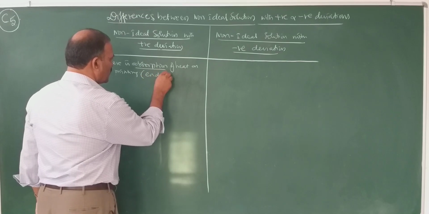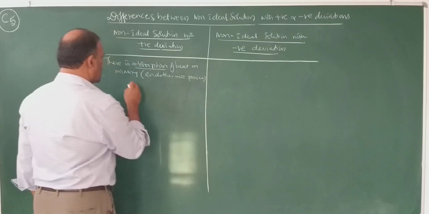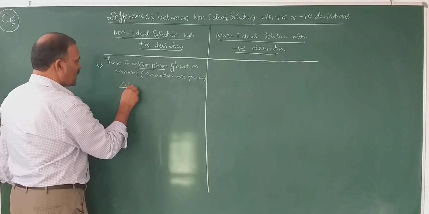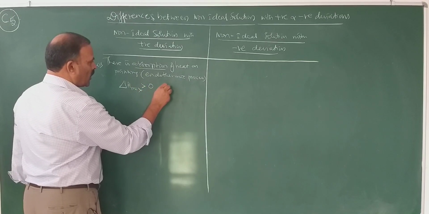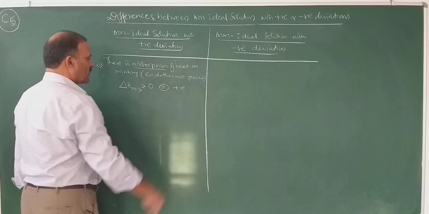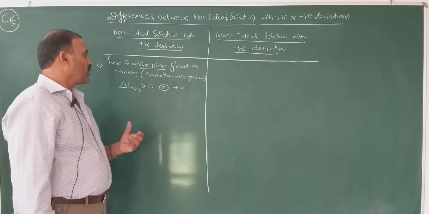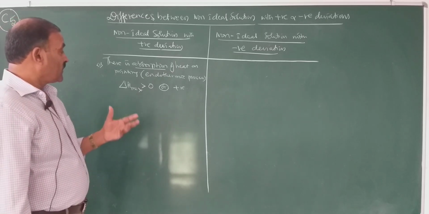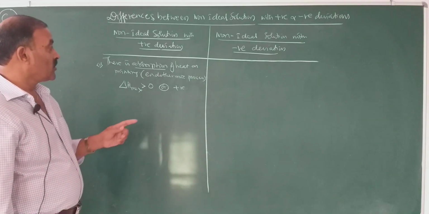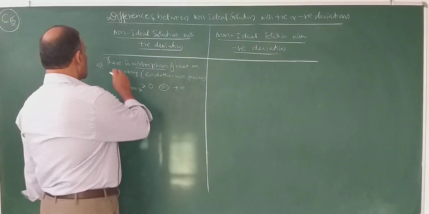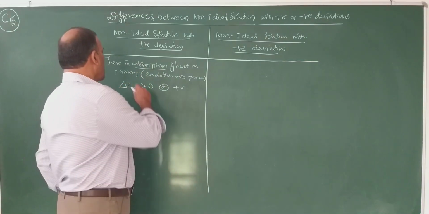Therefore, it is an endothermic process. So that means delta H mixing is greater than 0, or positive. So if delta H is positive, it is an endothermic reaction. You will be asked in the examination, if there is absorption of heat during mixing, what type of solutions are those. So the first difference is there is absorption of heat on mixing,